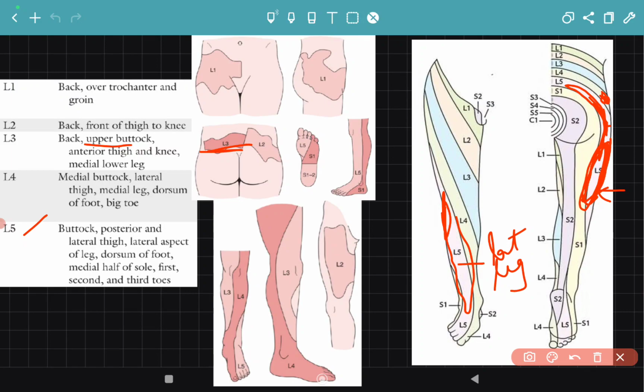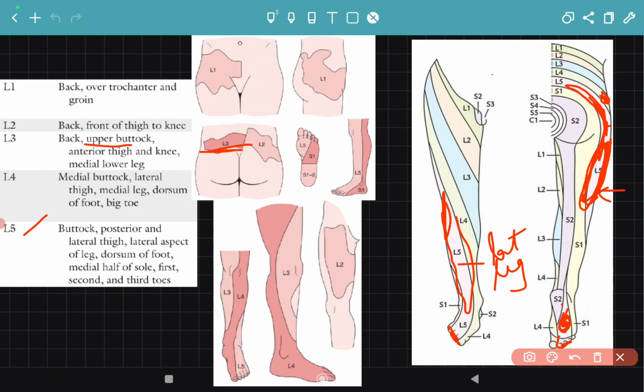And then the dorsum of foot can be appreciated over here. Dorsum of foot, medial half of the sole, and first, second and third toes. So here you can see the first, second, third toes. Mainly the big toe is for extension, for the L4 dermatome,